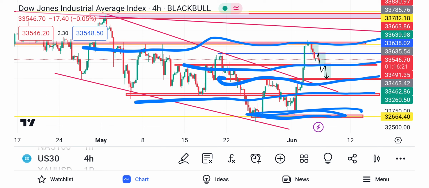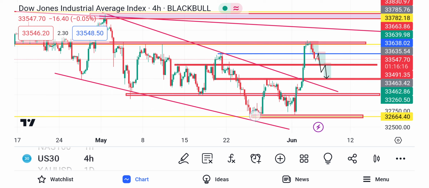Also, I identify some patterns on a 4 hour time frame. As you can see here, I'm seeing this pattern is a so-called double top. This is a double bottom, I mean. So it's a double bottom. I can see that on a 4 hour time frame there was a double bottom. Remember, if there's a double bottom, the market is actually going to buy according to the pattern. So this pattern shows buying opportunities. Okay, so guys, what I've identified on a 4 hour time frame is